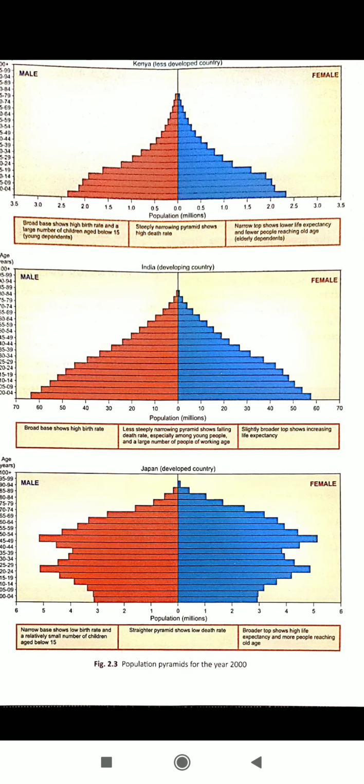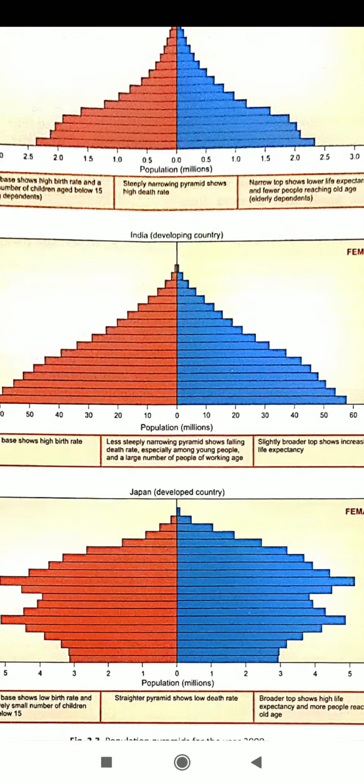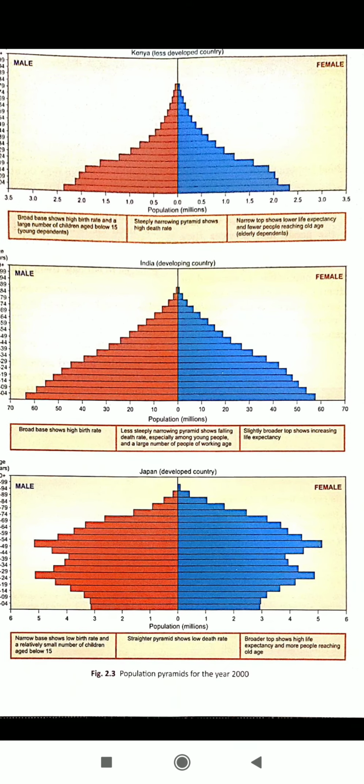The population pyramid in figure 3 we can see now. This will help us understand this better. Healthy and educated people of working age can contribute a lot towards a country's economic development. Hence, it is desirable for every country to have a large proportion of its population in this category.